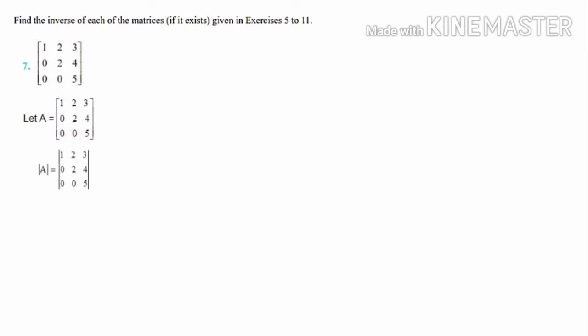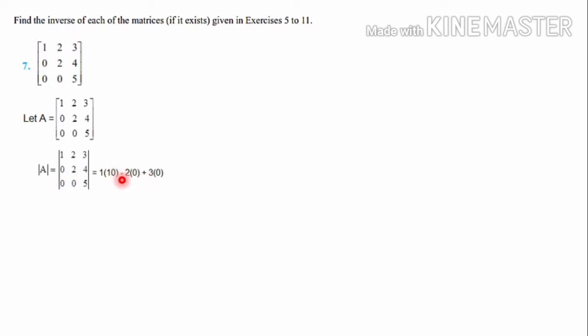First of all, we have to calculate the determinant of A. Determinant of A is equal to determinant 1, 2, 3, 0, 2, 4, 0, 0, 5. I am expanding the determinant along the first row. First element is 1, and 1 into that row and column is gone. Then 5 into 2, 10, minus 0. 10 minus 0 is 10. So 1 into 10. Next symbol is minus 2 into, you have to leave that column and row. 0 into 5, that is 0, minus 0 into 4, again 0. 0 minus 0 is 0. So minus 2 into 0.